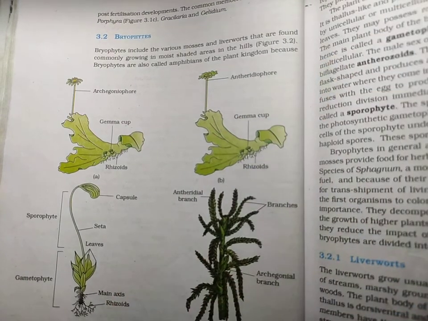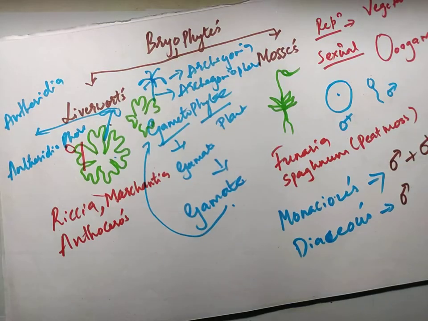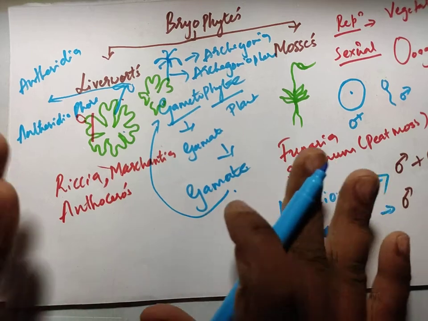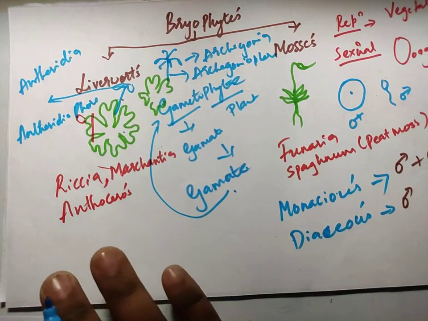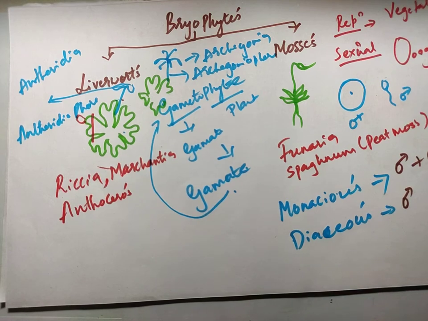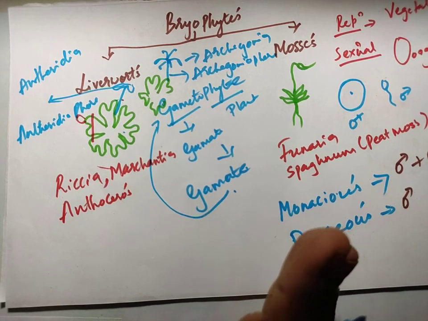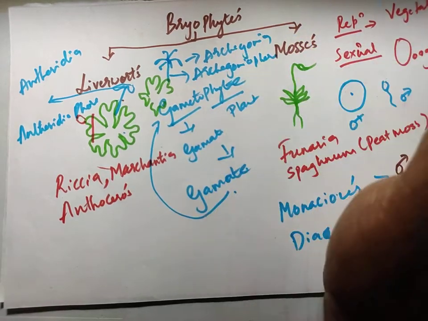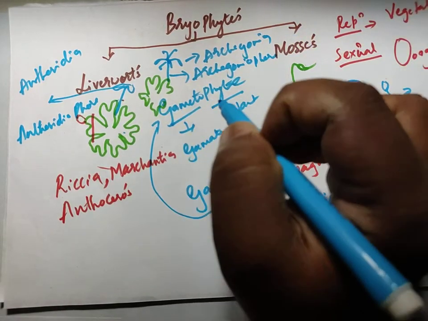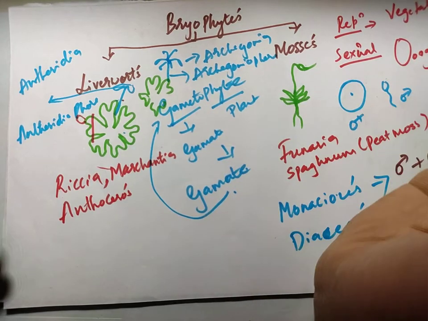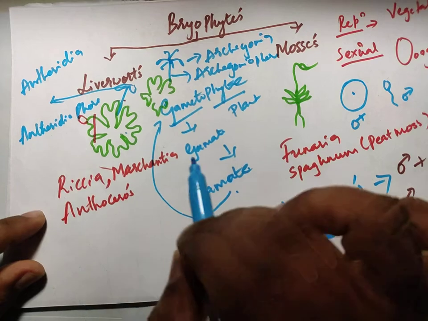Okay, so this is regarding our Marchantia. Now what will happen ultimately? I am not going to explain you in detail about what happens in antheridia and what happens in archegonia. However, it is important for NEET students. If you really require extra explanation on these particular structures and what happens and so on, which is important for NEET, please write to me in the comments so that I can explain it to you in a better way. Okay, so this is one thing.